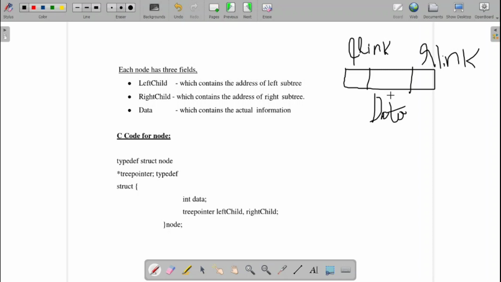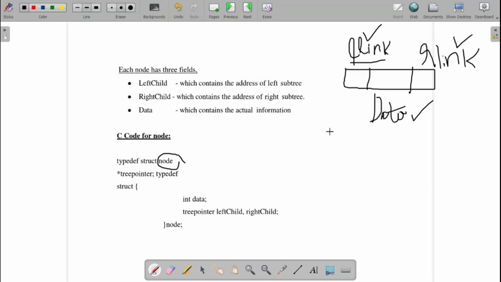If you define this in C, first will be typedef struct node. That is, a node is a structure having three components: the data field, the left child, and the right child. We call the left link the left child and the right link the right child, so that they can be used appropriately.